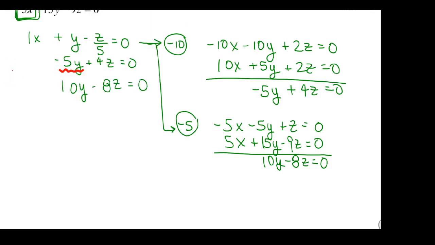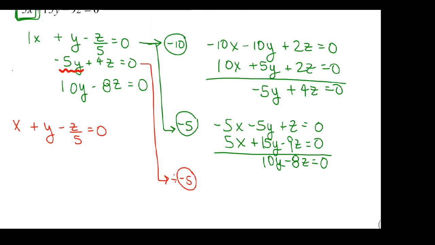So I need to divide that row by -5. Now my first row is complete. I can go ahead and write that first row of the second iteration. So now dividing row 2 by -5,